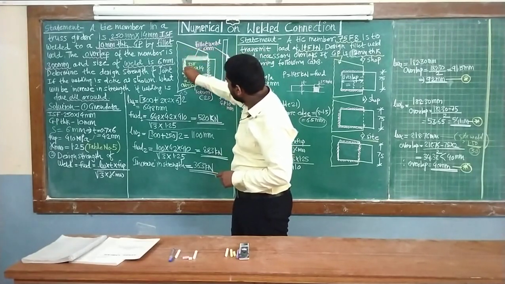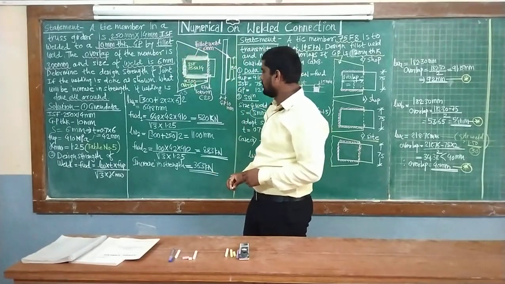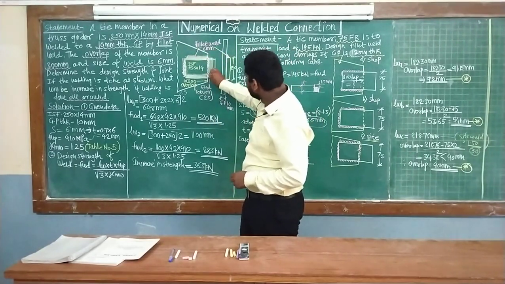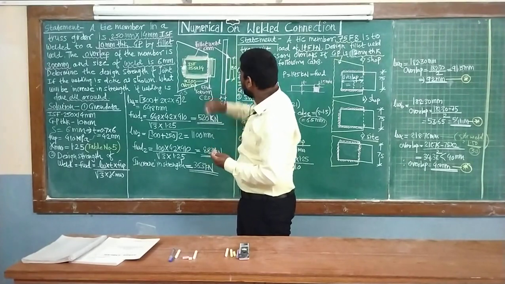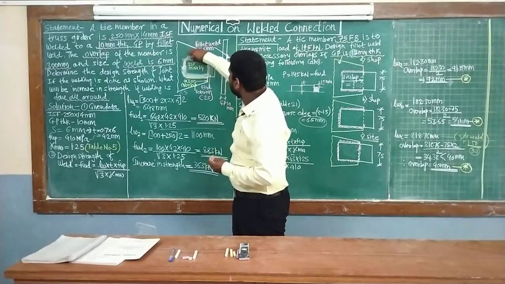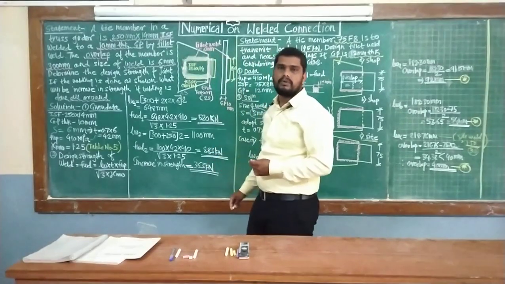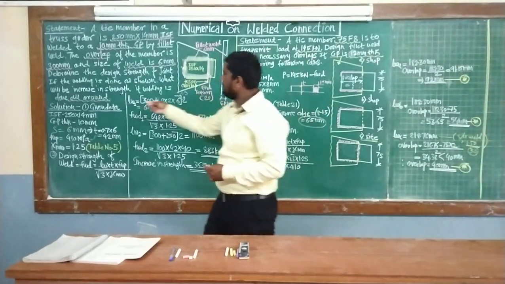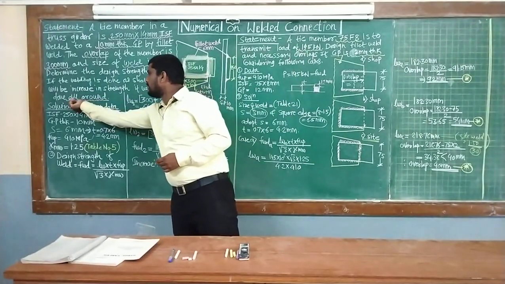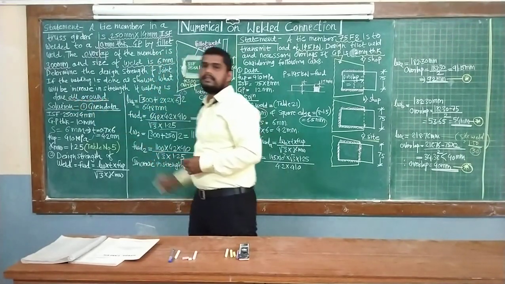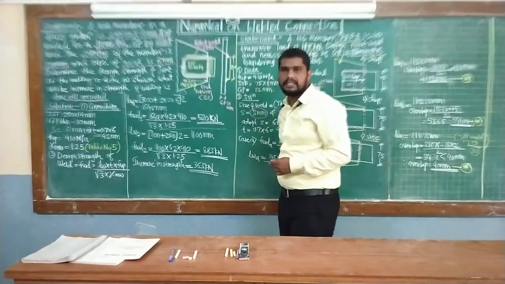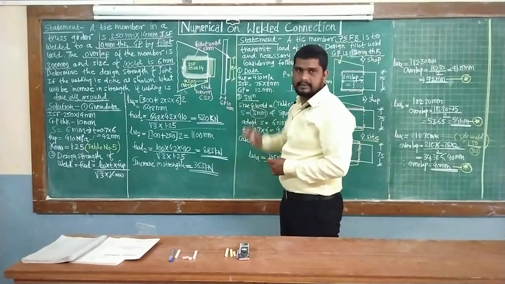as well as the vertical side, as well as this side. Means the length of the weld is provided on 4 sides, as already mentioned. The length of the weld is done all around the 4 corners of the edges of this plate.